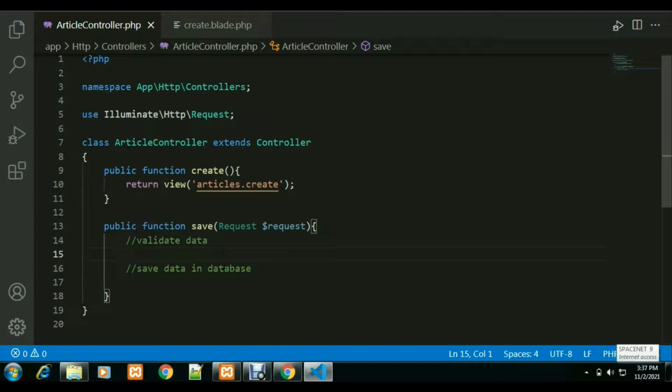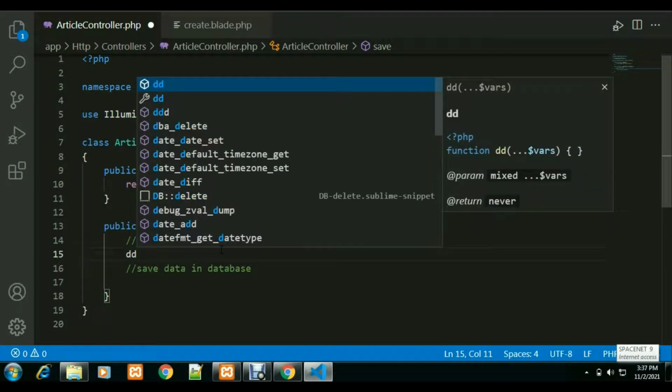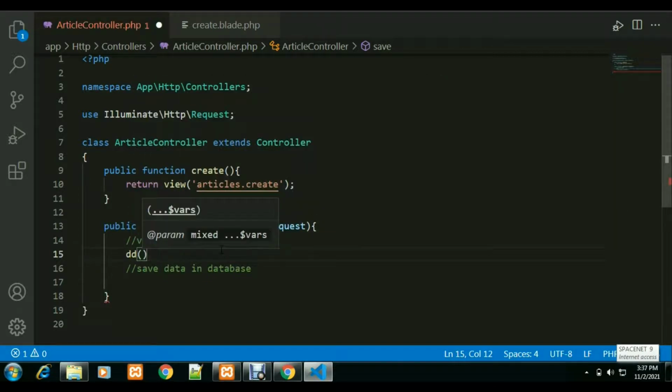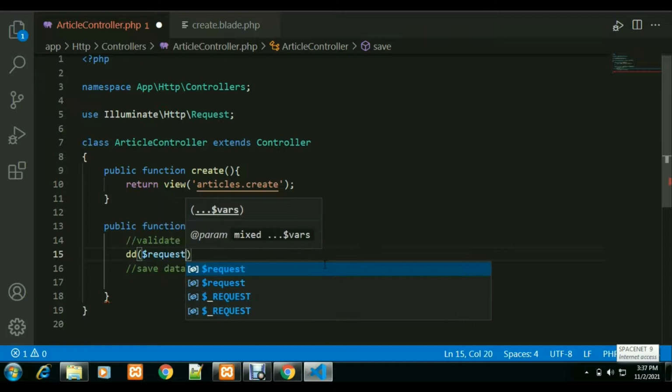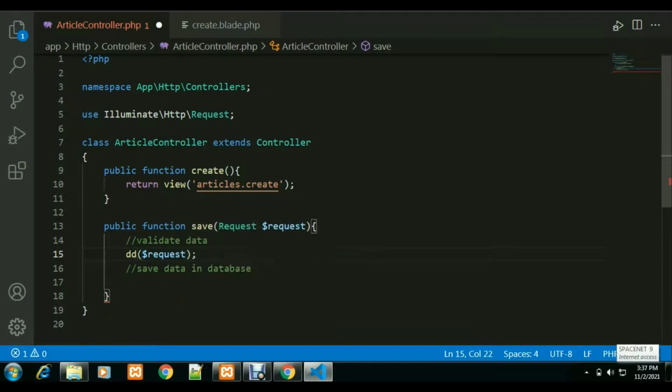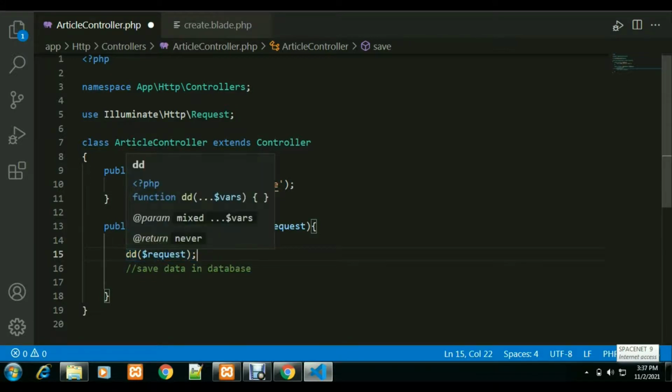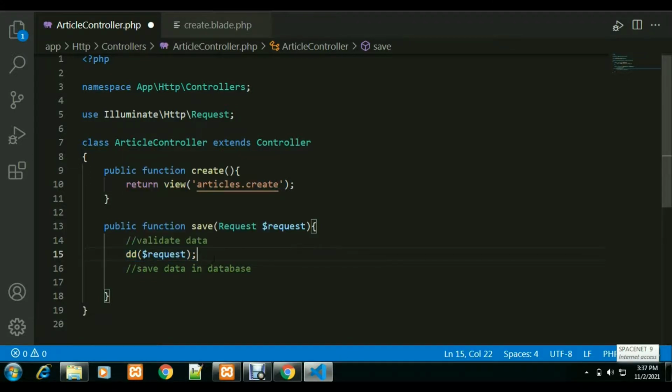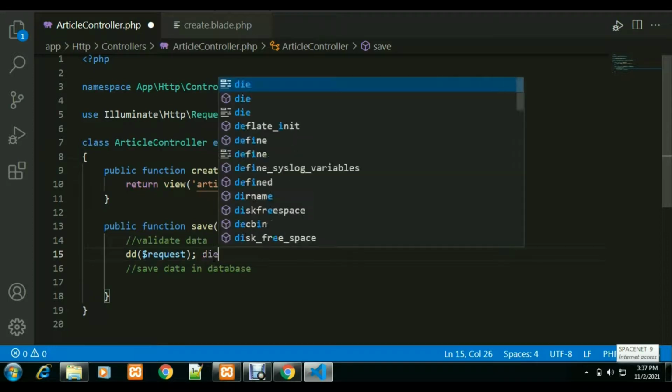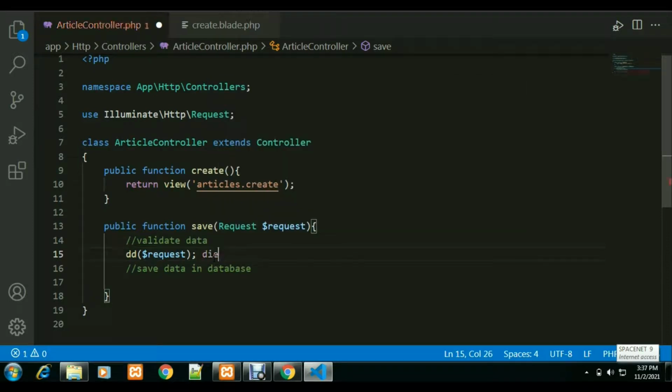Here what I want to do is dd, die dump. I want to see whether the data is coming after submission of the form or not. So request, and this is the debug function, dd. If you do not know about the dd, die dump, it is just like the die function in simple PHP.